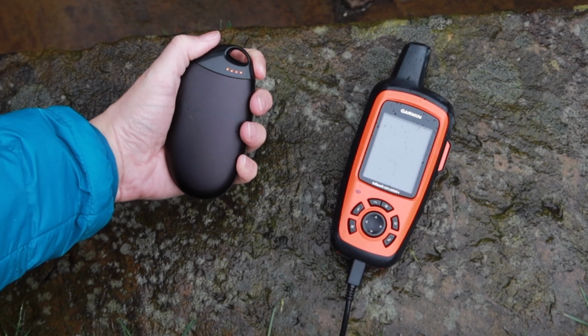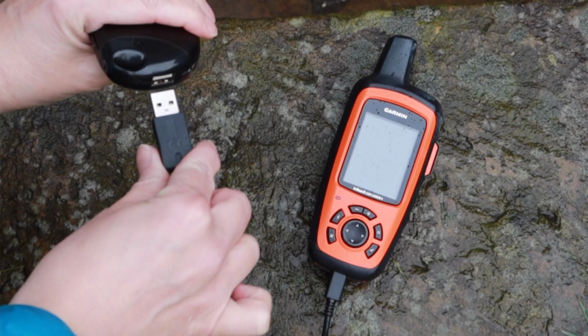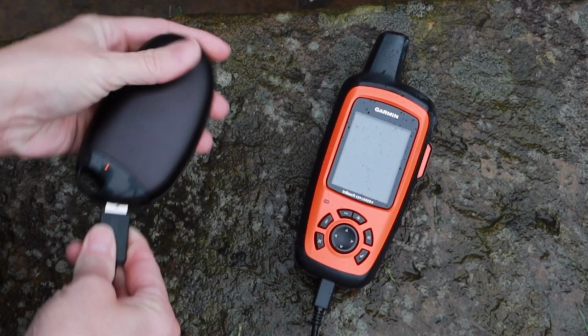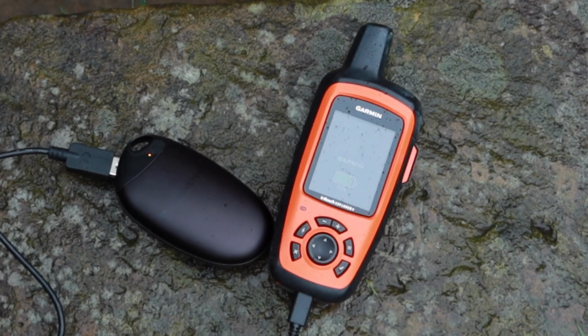You need to turn the device off before plugging your USB lead in to charge your device. It has a 2 amp maximum output charge and starts immediately after plugging in. Another little test I did when out hiking was see how many times it charged up my mobile phone. Now, I've got an iPhone and I let it completely die, and it gave me 2 full charges, which I